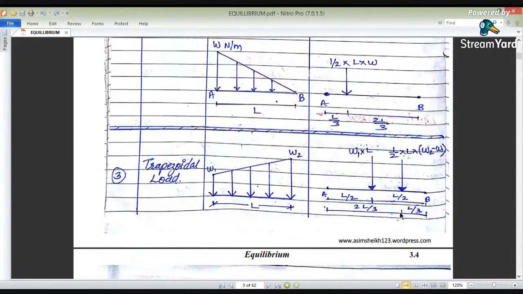Again, trapezoidal loading is there. Trapezoidal loads are there, in which it is having a varying load. Here W1 is a load and W2 is the other load. Okay? So there are two loads in this trapezoidal loading. It is having a combination of two loads. That is,